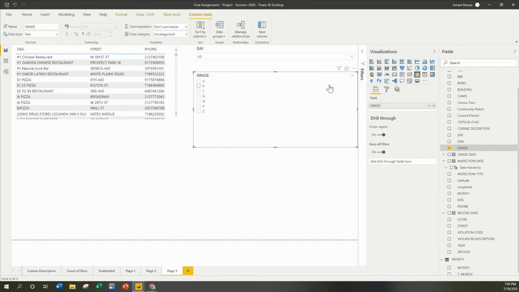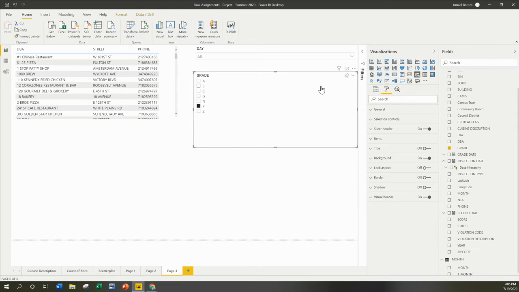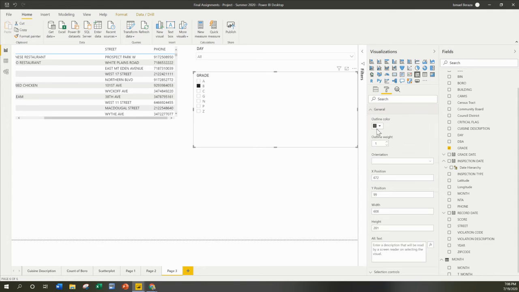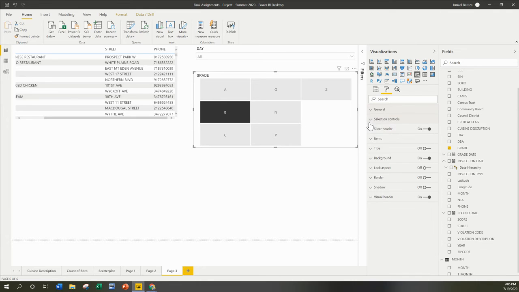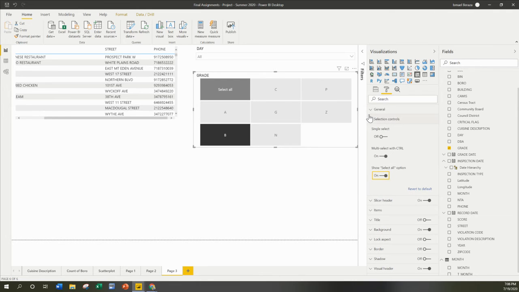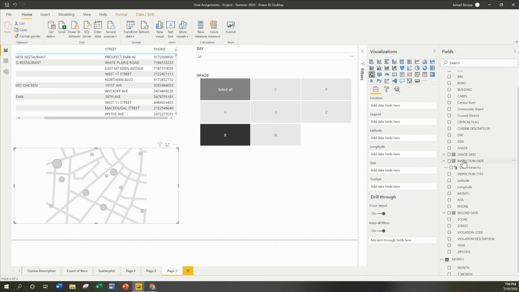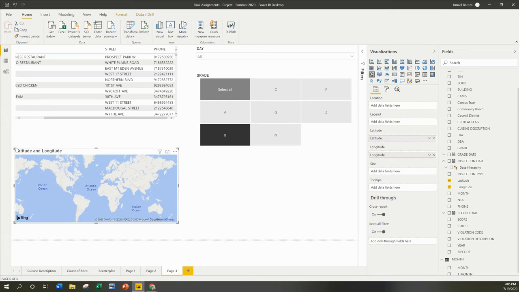I'm drag and drop in this case here. And just as before, I'm going to change it to be horizontal, and for it to have the option to select all. I'm also going to add this last thing here, latitude and longitude. And I'm also going to add